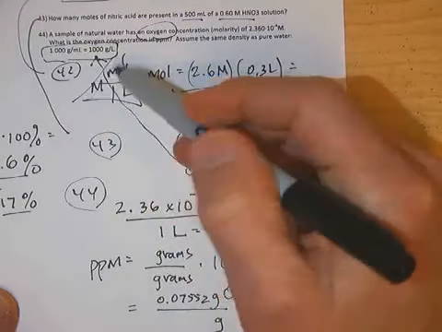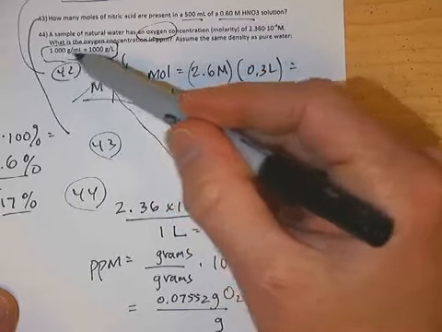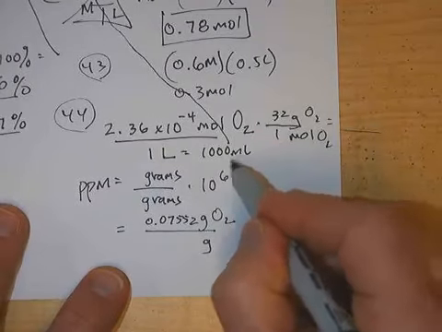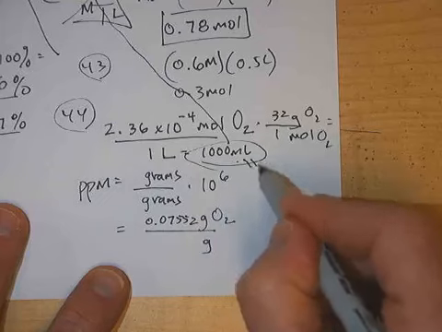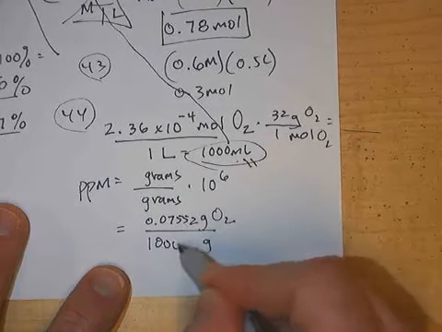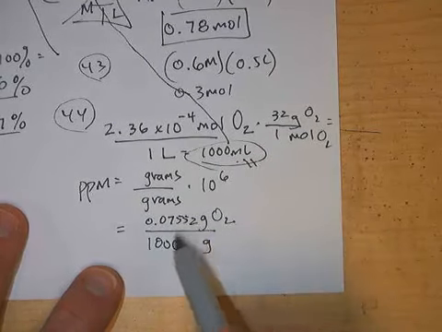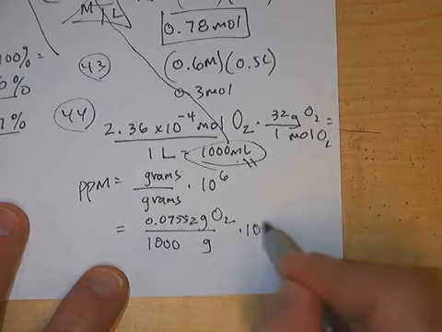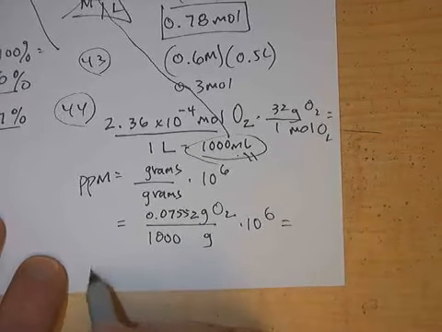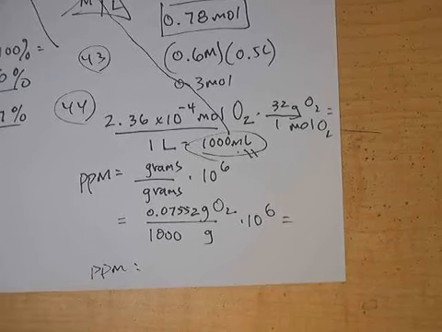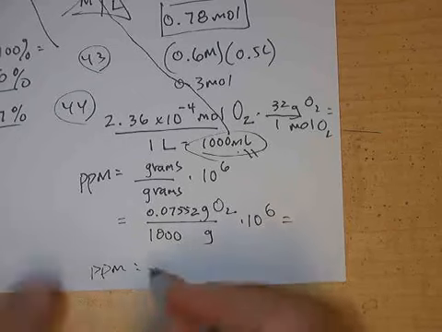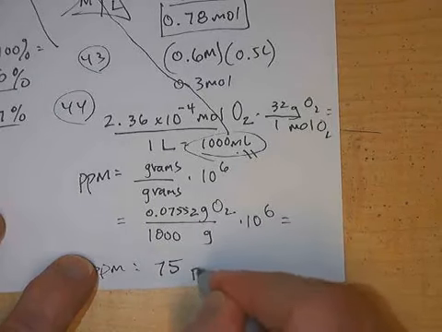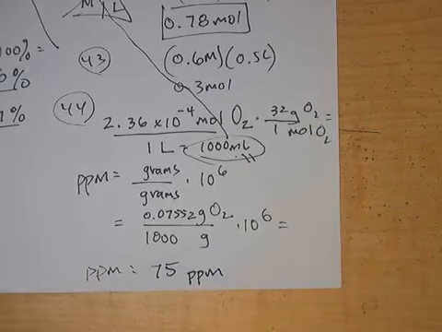So let's convert from moles to grams. Put moles in a position where it's going to cancel. Grams of O2 in my new set of units. 32 grams in a mole. So if somebody wouldn't mind taking 2.36 times 10 to the -4th and multiplying it by 32, I'll fill that in right here for grams of O2. 0.07552. 0.07552, is that what you got? Yep. Okay, so there's our grams of oxygen. And then we have 1 liter of